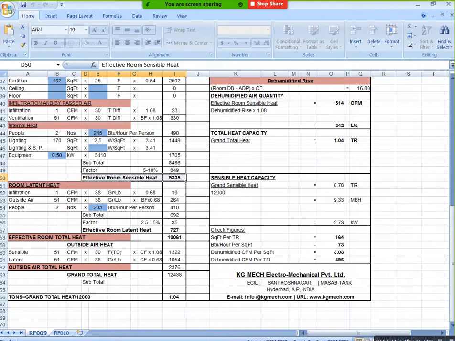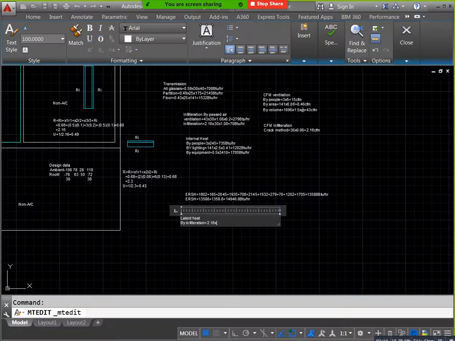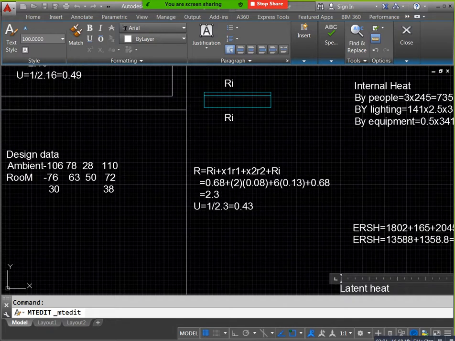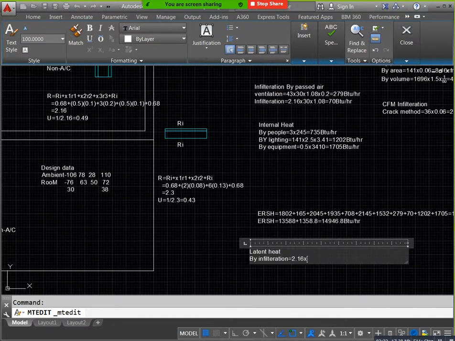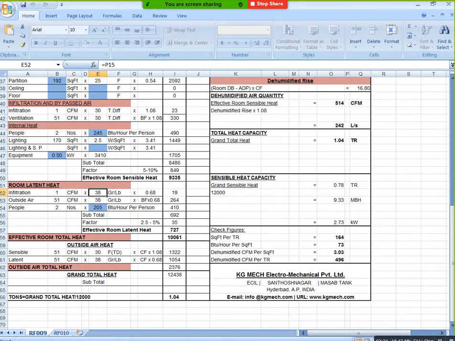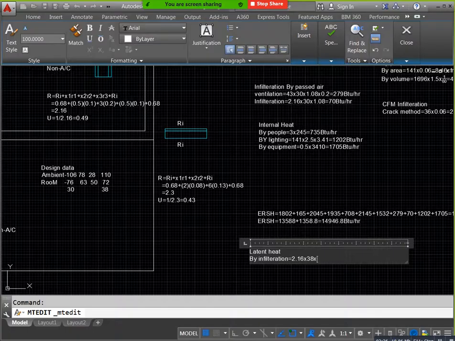Already we mentioned the CFM infiltration value. Next we need to go for the humidity ratio difference. Humidity ratio difference means outside humidity ratio minus inside humidity ratio, totally you are getting 38. Now you can mention 38 humidity ratio difference. After completion of humidity ratio, next we need to discuss 0.68. This is standard, guys. Always you can mention 0.68, we no need to change that one. Now you can calculate this. Just you can go here.